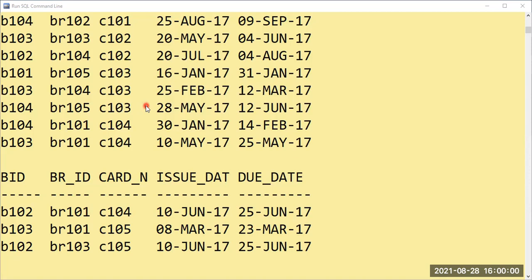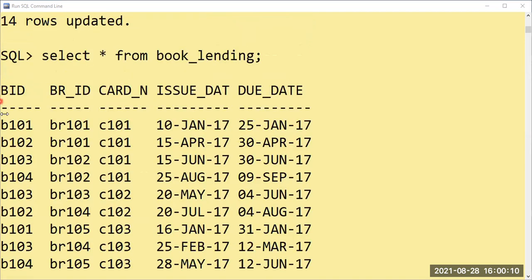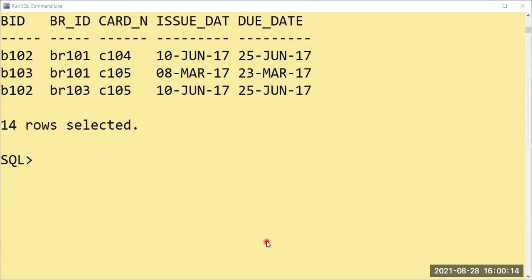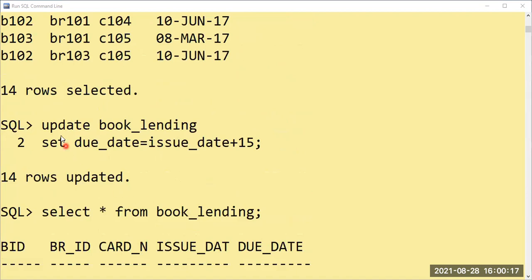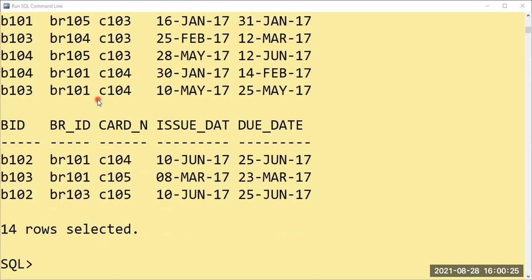I don't know whether in 2017 we had 28 or 26, but it will get calculated according to the year. Okay, not to worry. So for every record of C101, it has come. So what we did, we just entered update book lending table, set due date equal to issue date plus 15 here. So this is done.